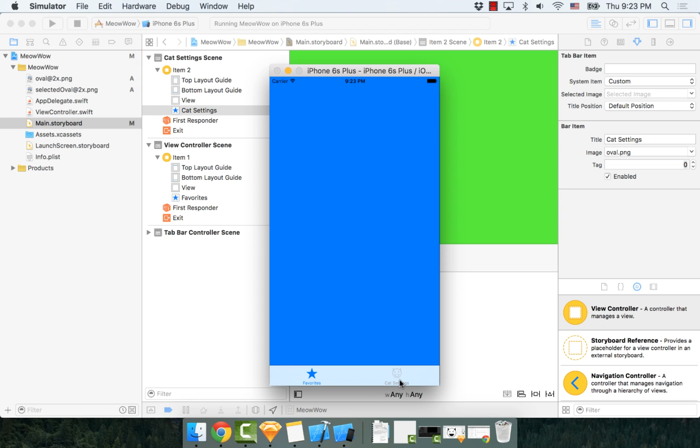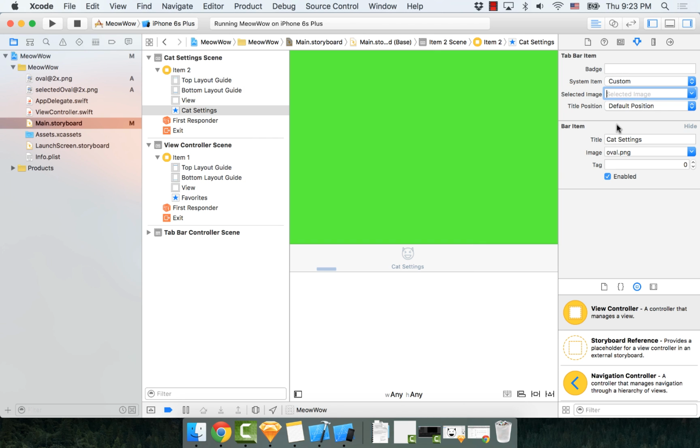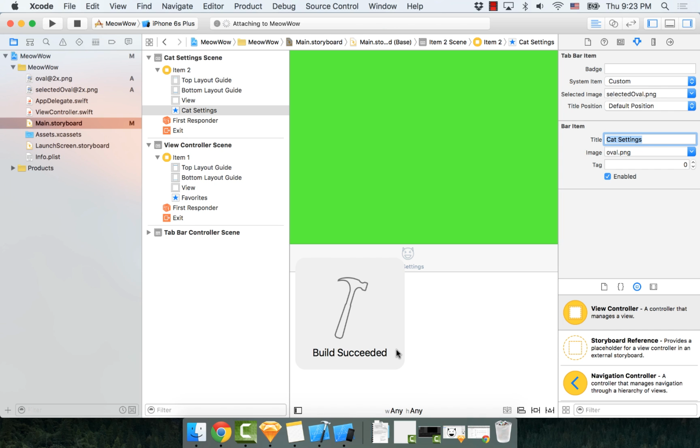And so you'll notice he's kind of grayed out like this, even though I had it black and white. Apple does some things to say what it should look like. And then when I select it, it fills it in with blue. So this isn't exactly following that pattern of where, if it's selected, it should be a different thing. So that's where you have to come to this selected image and put in that information. So I'm going to use selected oval for that one,